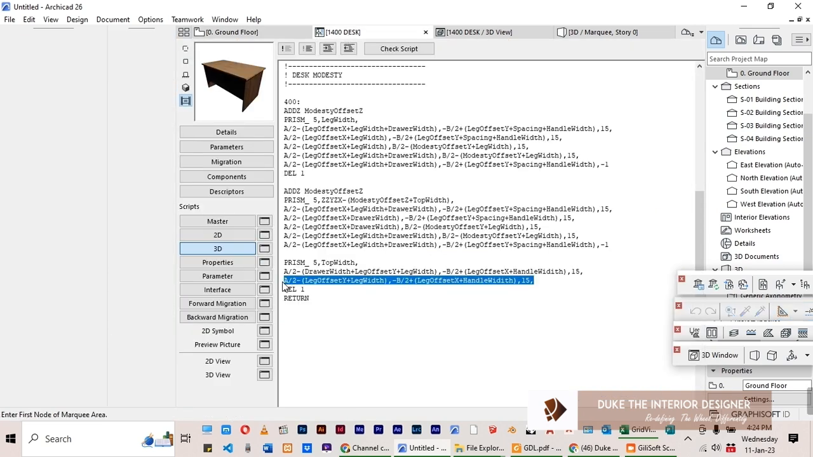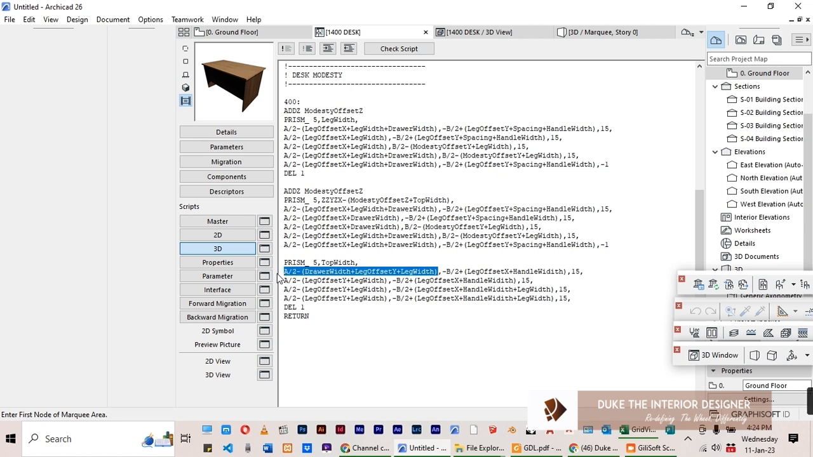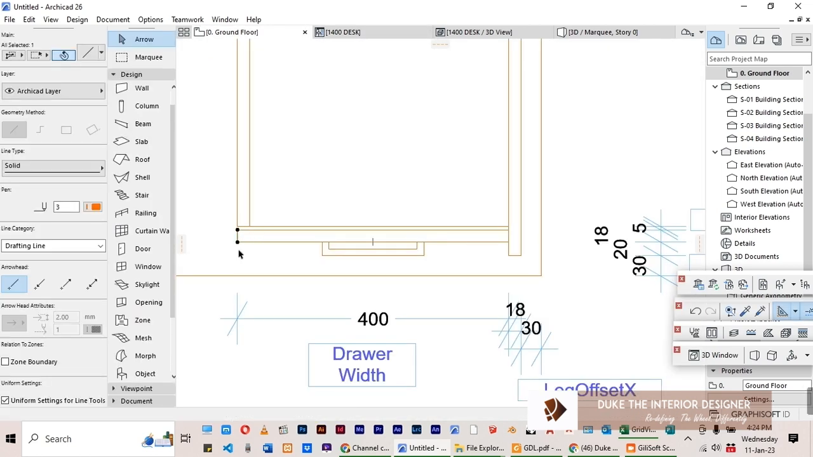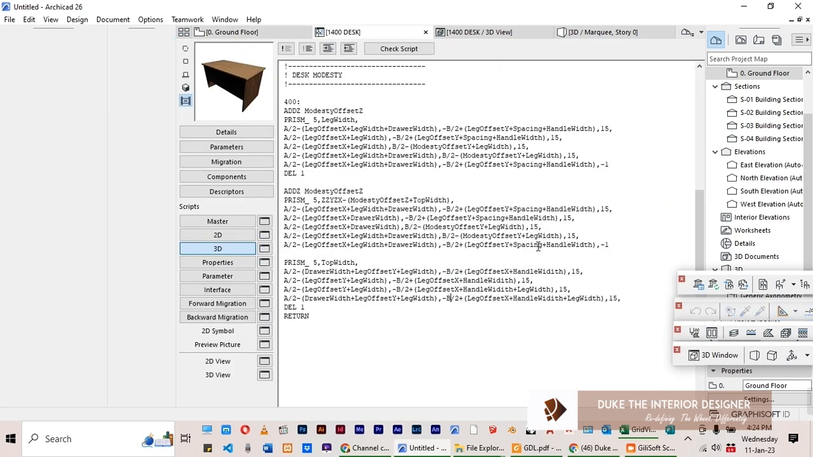Copy this, paste. B, that's the leg, X, handle width, and plus the leg width. Copy this one, paste. We've said the first point of A is the same as for the point of A, and then B, let's see the B here, B remains the same as the third point,